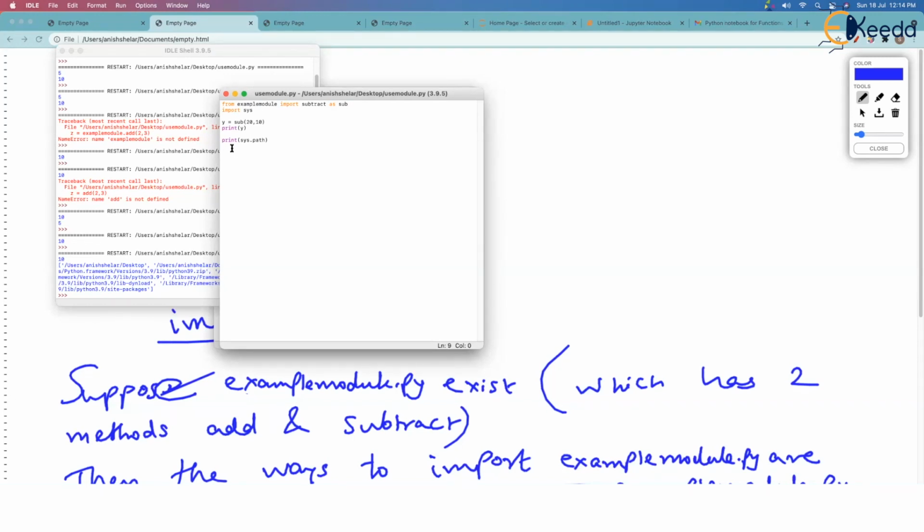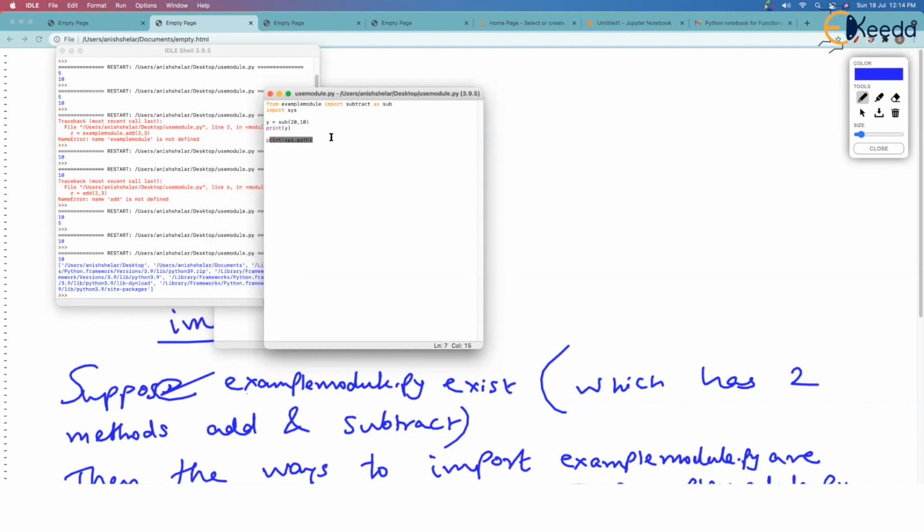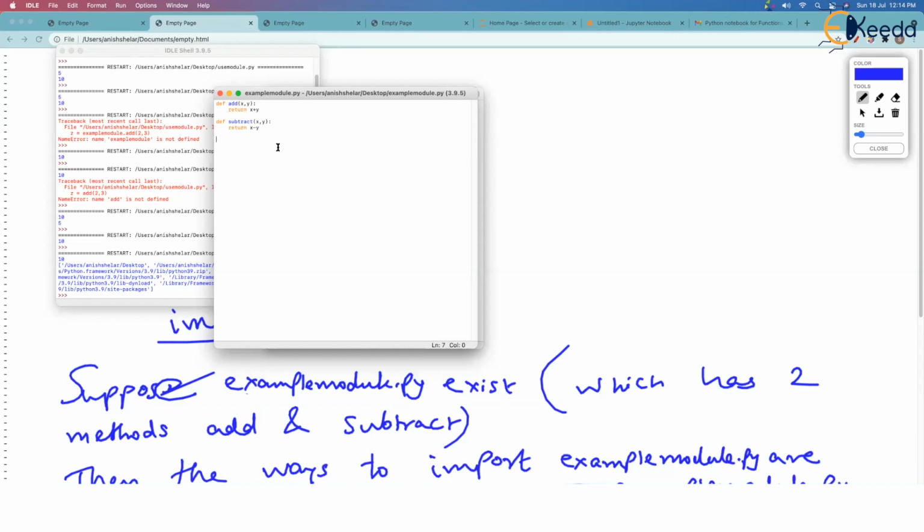This is use module. I'll just remove this sys.path. We don't need it anymore. And this import sys. Now I'll add some interesting code here. You just check. I'm saying z is equal to add 9, 10 and print z. And I'll say y is equal to subtract 90, 20 and then print y.